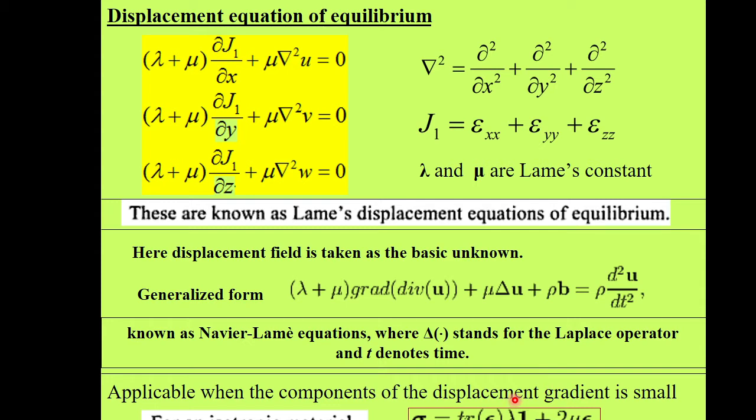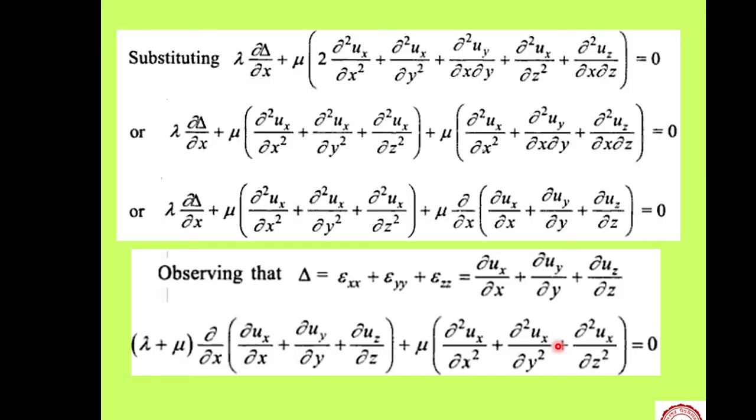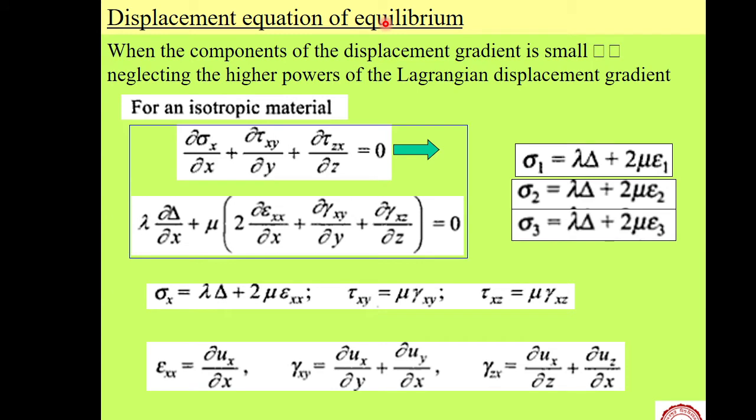For large strain, those material constants also become nonlinear, meaning the relationship between strain and stress becomes nonlinear. That sort of nonlinearity is known as material nonlinearity. And also they are applicable for isotropic material. These are the limitations of this displacement equation of equilibrium, and that is why nonlinear problems have to be dealt with separately. So this is basically our displacement equation of equilibrium.